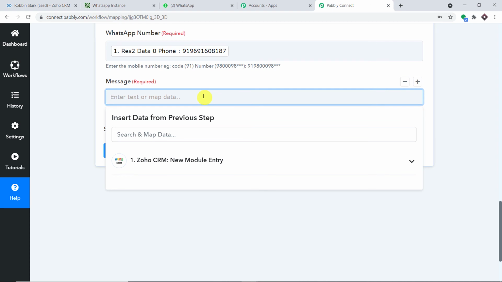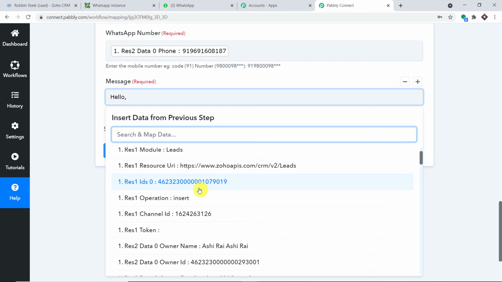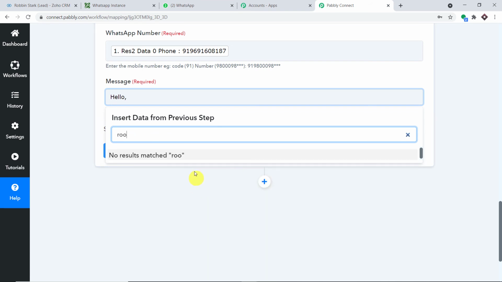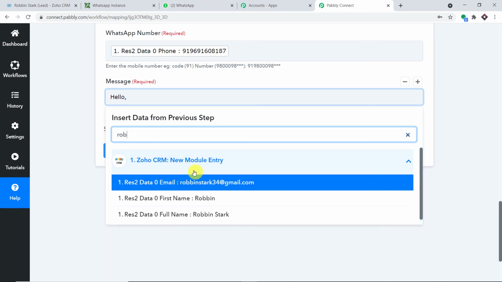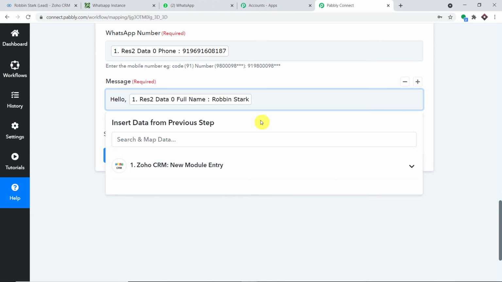Then we have the message. So I'm just going to enter a very simple message. Okay, hello, and then a comma. After that, the name of the guy is Robin. So let me just directly search for Robin. Okay, Robin Stark. Hello, Robin Stark.